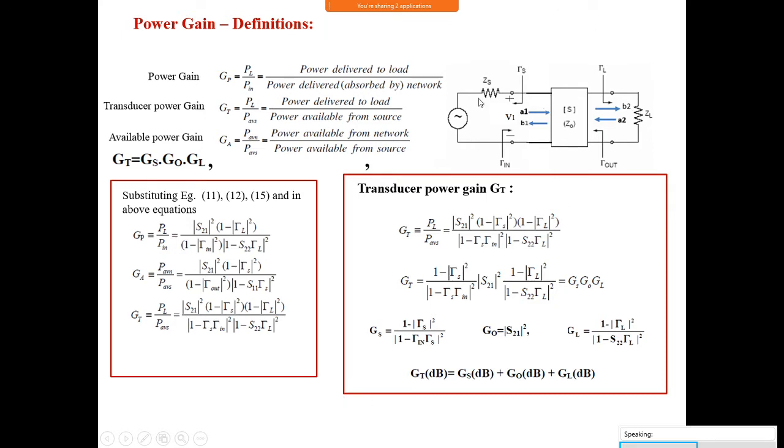So that means if you put a 50 ohm here, that means the impedance looking here, Γs. If you look towards the source, the impedance is 50 ohm here, because we set this equal to 50 ohm. So if you are looking towards this, it is the Zs, it is 50 ohm, so Γs becomes 0. So automatically this Gs is 0 dB. Similarly here also, if you look in this direction, ΓL is equal to 0 here, because ZL is 50 ohm. So again, this GL is also 0 dB. So that doesn't satisfy our requirement here.